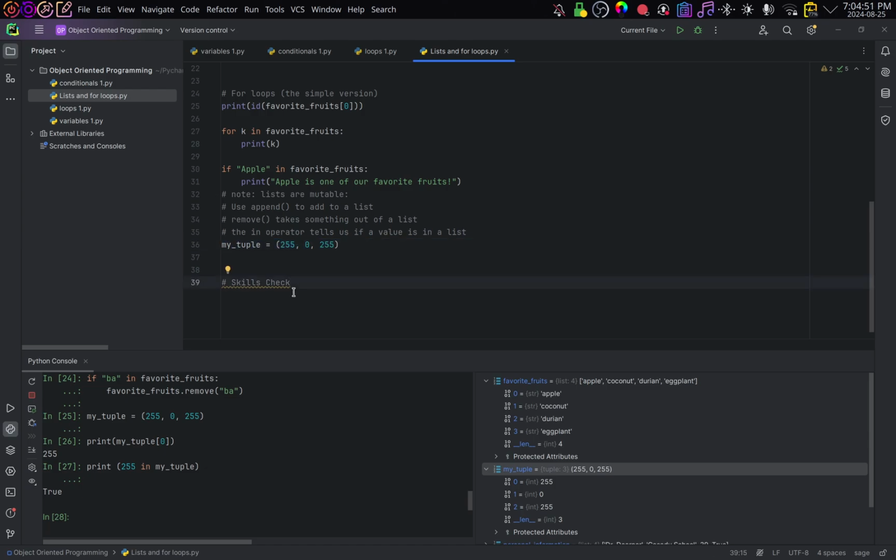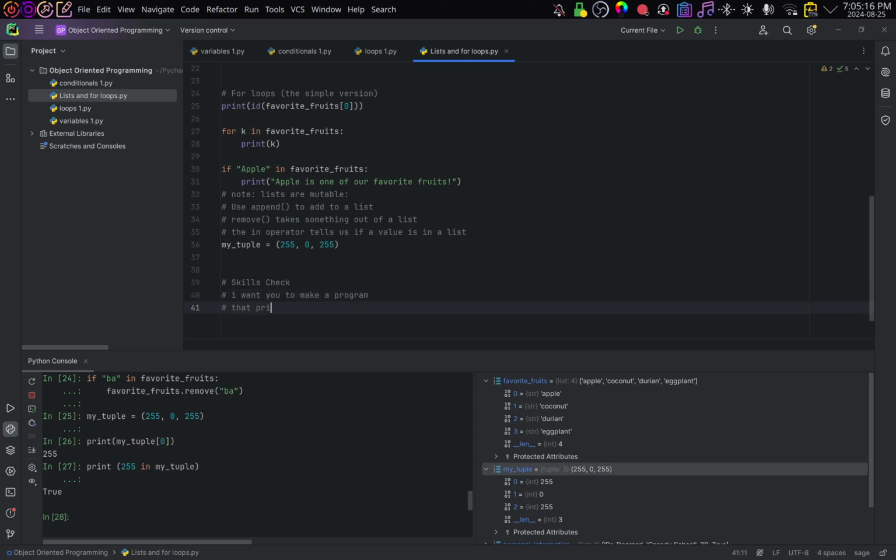Okay. A lot of talking, a lot of concepts. I want to do a skills check that sort of combines all of this stuff. It's also going to teach you how to do something which is reuse old code. One of the reasons I'm having you keep all this stuff, and one of the reasons I'm having you make different files for all of this, is it is super duper important to remember to and learn how to reuse your old code. So I want you to make a program